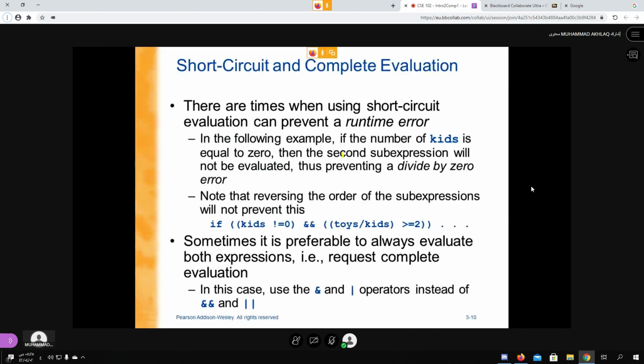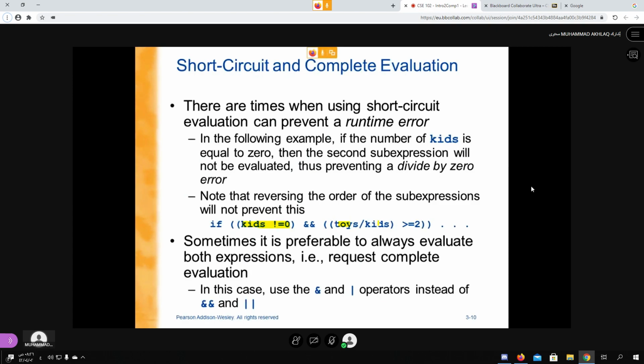For example, if you are asking about the number of kids and total toys available, then you can check, for example, if kids is not equal to 0 and toys divided by kids is greater than or equal to 2, then do something. Now if you check this and kids is 0, then false and anything is always false.